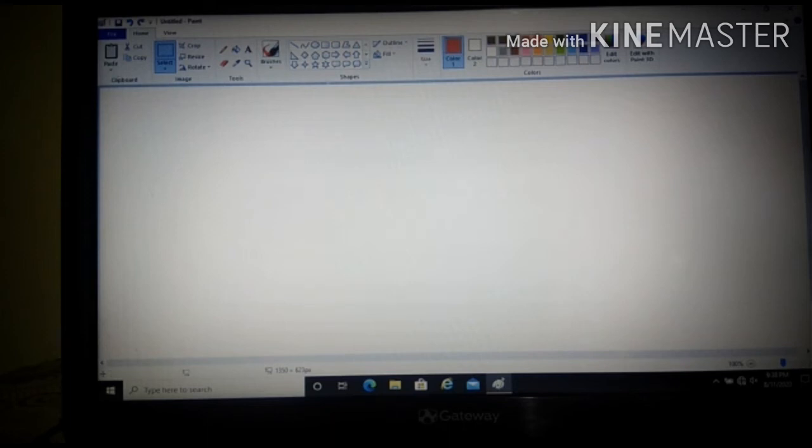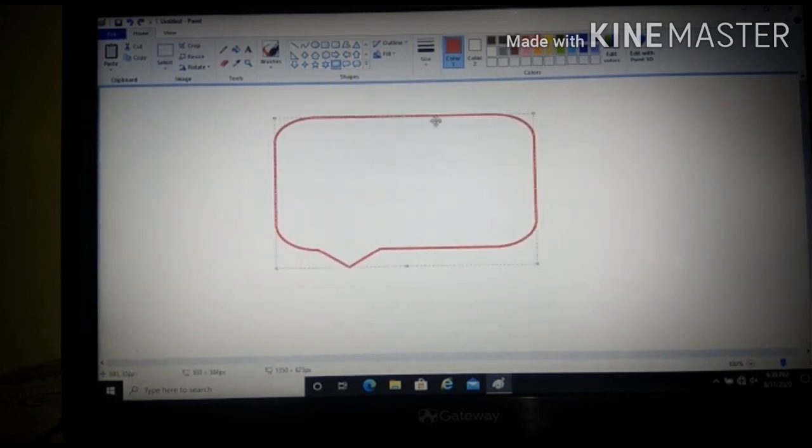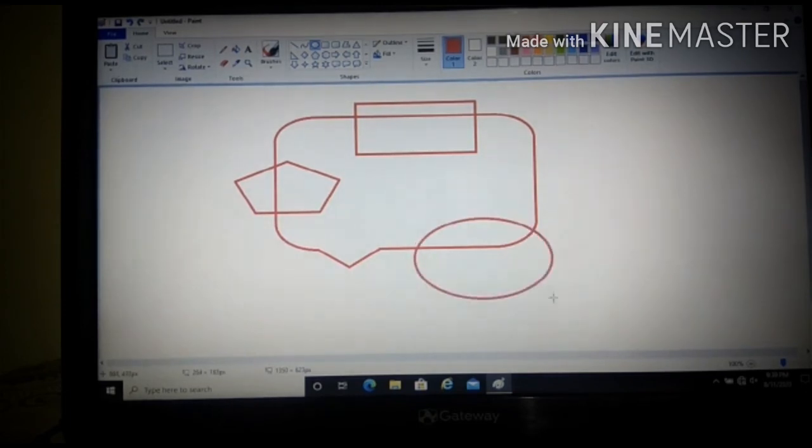Okay, here this whole shapes group is there. A number of options are there. Whichever option you like, you can select it and draw it. See, suppose I'll select this one, then draw it. How many shapes you want, it's up to you. Just select that and draw it. There is no condition prescribed about how many shapes you can select, what you can draw in this. There is no condition. So you can draw as you want.